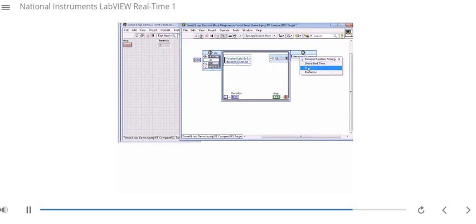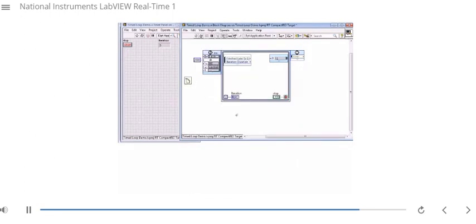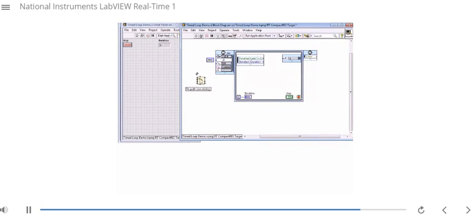So I'm going to change it back to error. And one thing I wanted to talk about to end this with is, let me show you something. So I'm going to show the error input. Okay. So now what I'm going to talk about is the behavior of the error inputs of a time loop, because it may not be intuitive to you the first time you use it. So let's say I had some functions that are before the time loop, and there's a bunch of error wires coming in. Okay. If I was to wire an error wire